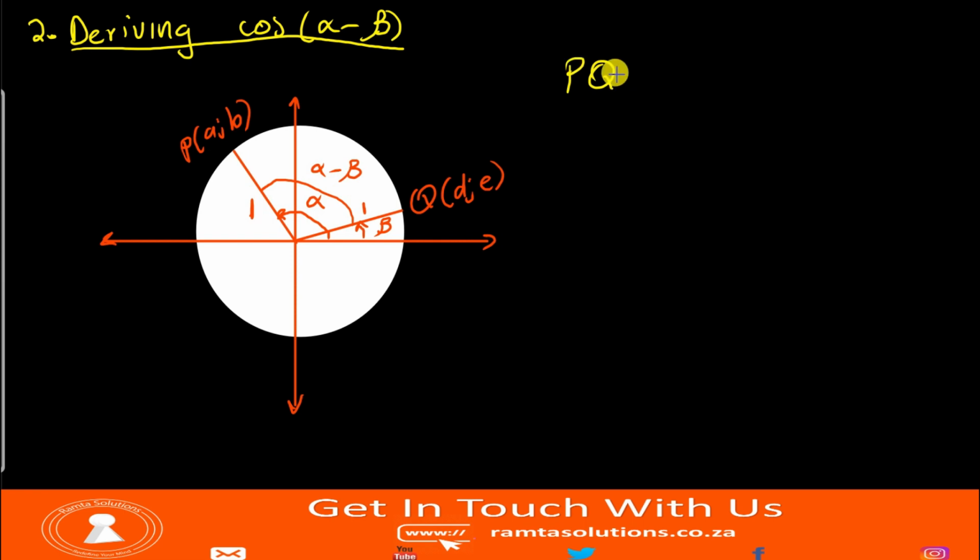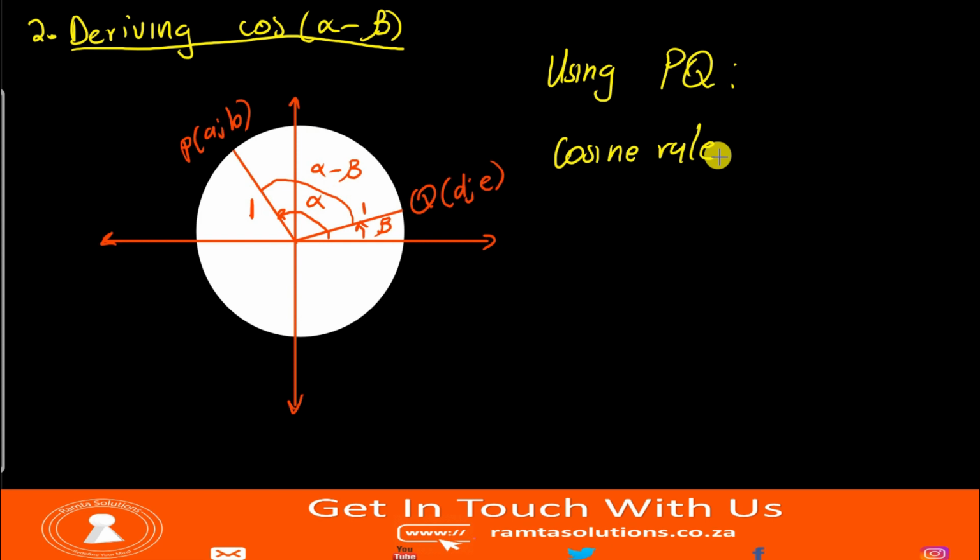Okay, to find the distance PQ is easy, but we are not really there. The intention is to basically derive cos alpha minus beta, but we can do that using the cosine rule and the distance formula. Now, using distance PQ, using the cosine rule, we're going to say